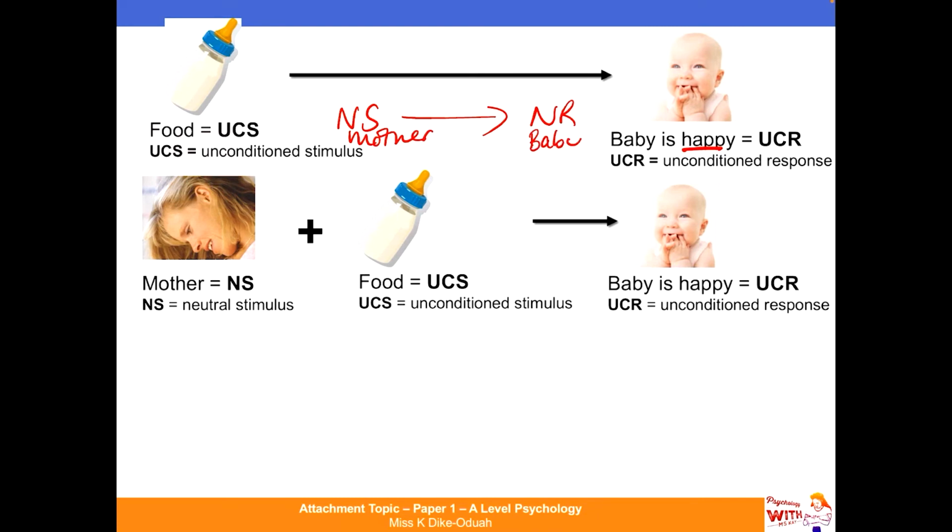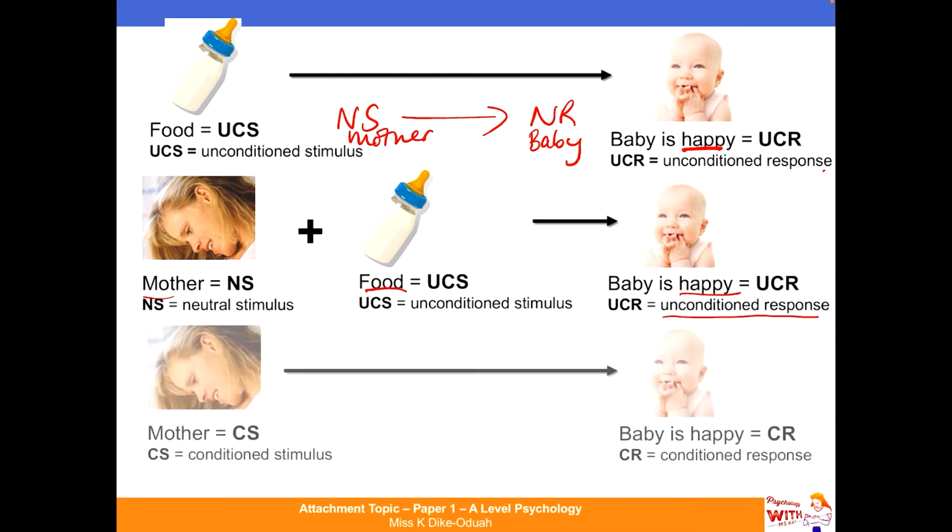However, if you pair the mother with food multiple times, eventually the baby's going to produce this response of happiness. That repeated pairing process means that you no longer need the presence of food to produce happiness in the baby. The baby has learned to associate the mother with that feeling of pleasure. So therefore, the mother becomes the conditioned stimulus, and that conditioned stimulus produces a conditioned response of happiness in the